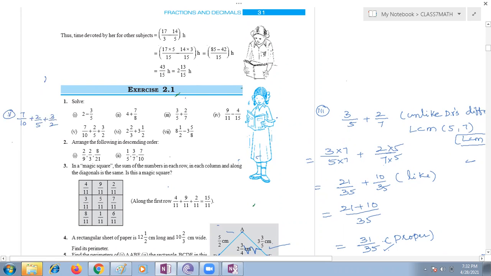Nikhil, what is the LCM of? Are the denominators the same? No, the denominators are not the same. You need to find the LCM. So 10, 5, 2. What is the LCM of 10, 5, 2? I think 10. I will keep 7 plus 4 plus 15. Yes, the LCM is 10. Very good, Vallabha. Now you have to go to your original question.